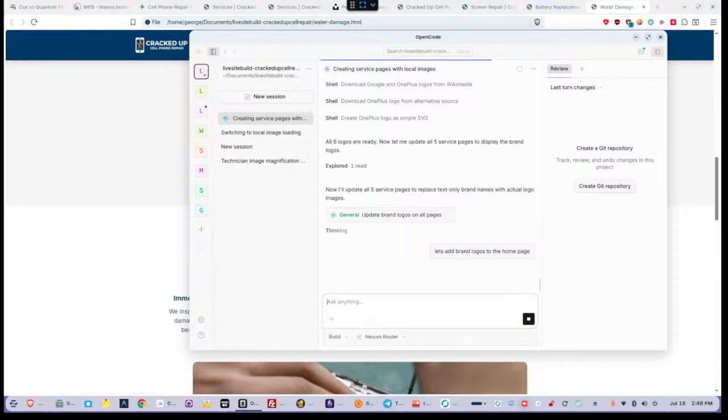Those are important things in terms of marketing because people are going to be looking for iPhone repair. They're going to be looking for Samsung Galaxy repair or Google Pixel repair. And if these keywords aren't present on your site,